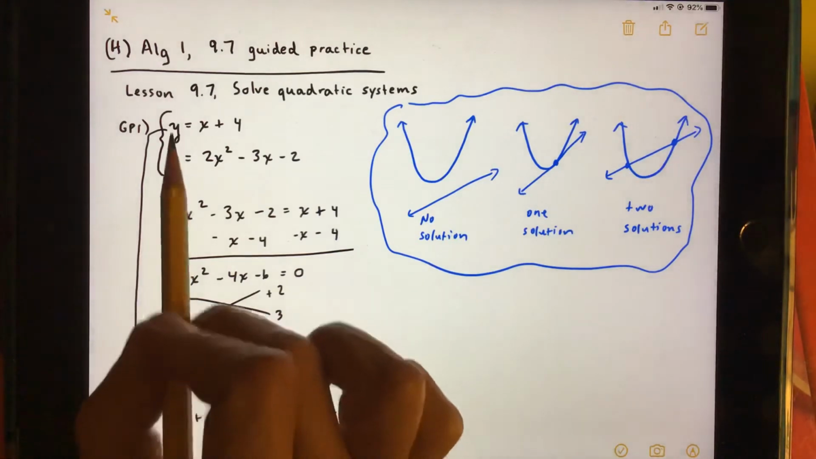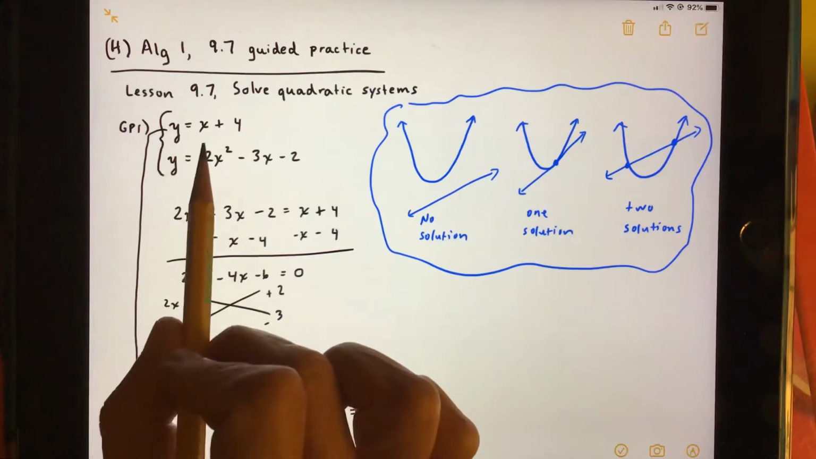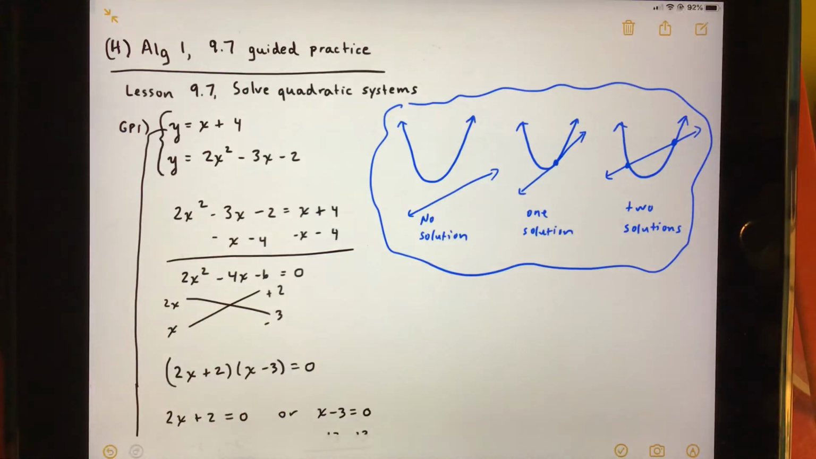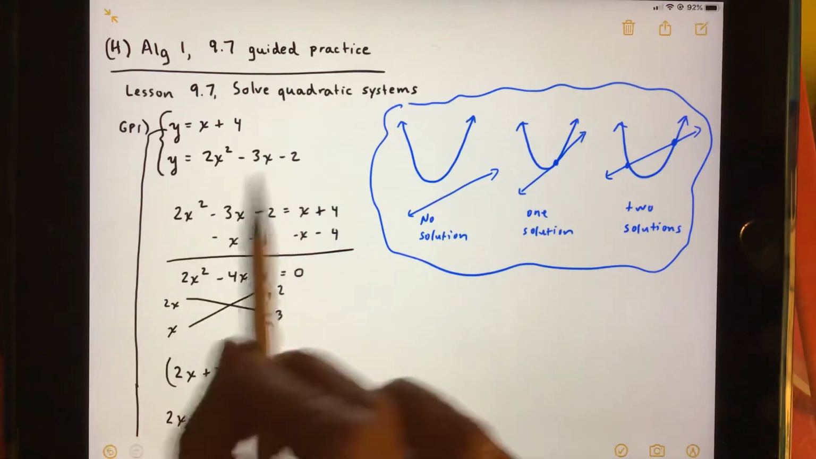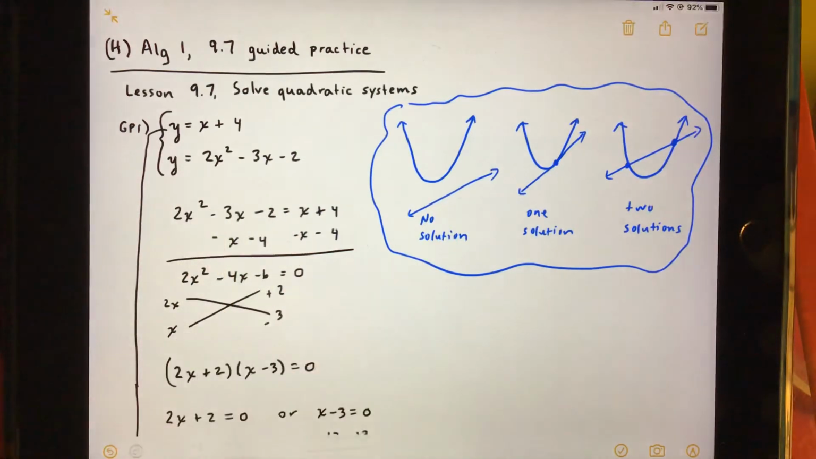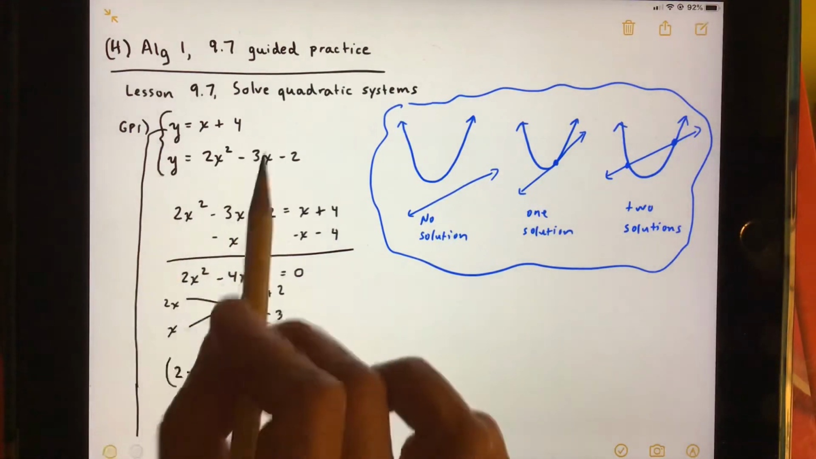So we see two different equations. One actually happens to be linear, so we only see a y and an x. So we know that we're working with a linear equation here. We'll graph into a line. And then this is a quadratic equation. We see x squared, so we know that that would graph into a parabola. So our job is to find out what is the x and y value that works in both of these